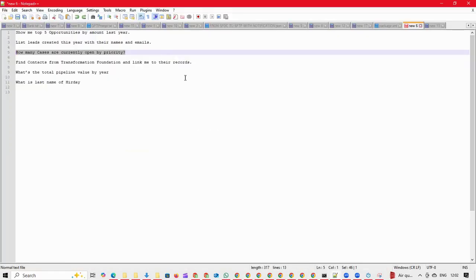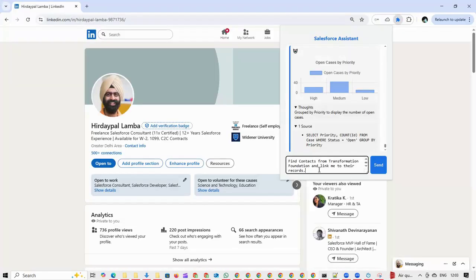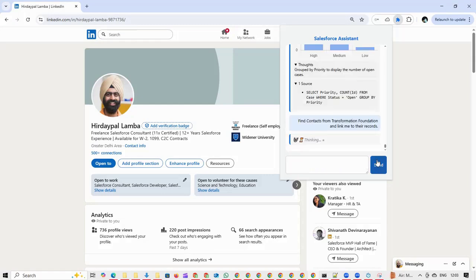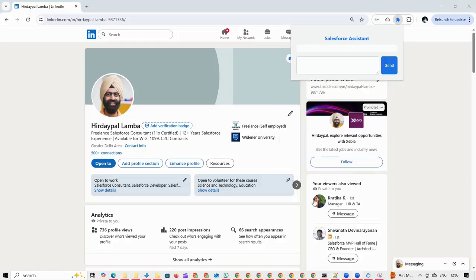Let's take a few more examples. In this particular query, we are asking, give me all the contacts for this particular account. So it tells me there are 2 contacts, and it also gives me a link if I want to look at that particular record in Salesforce. Going back,